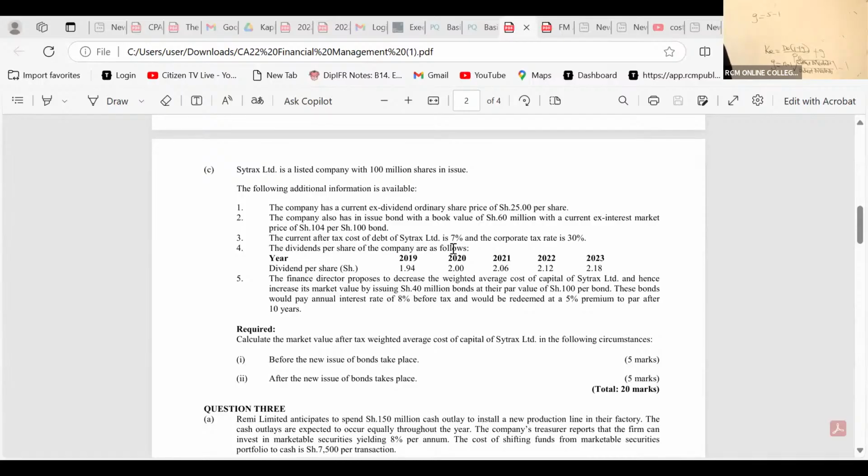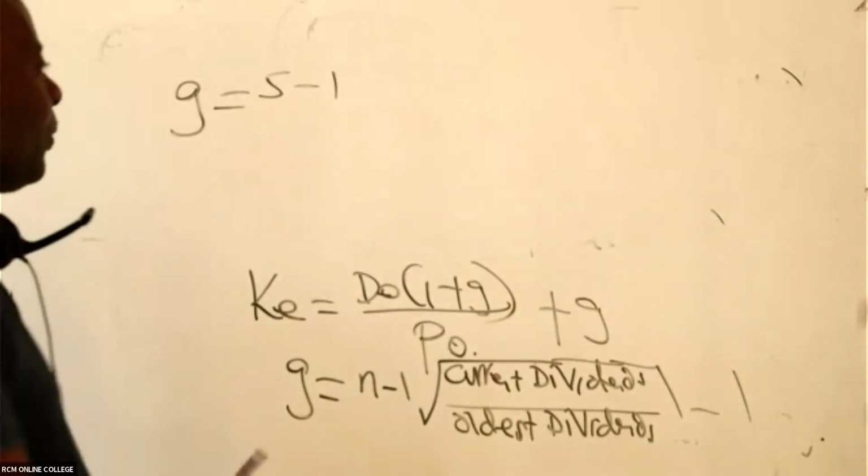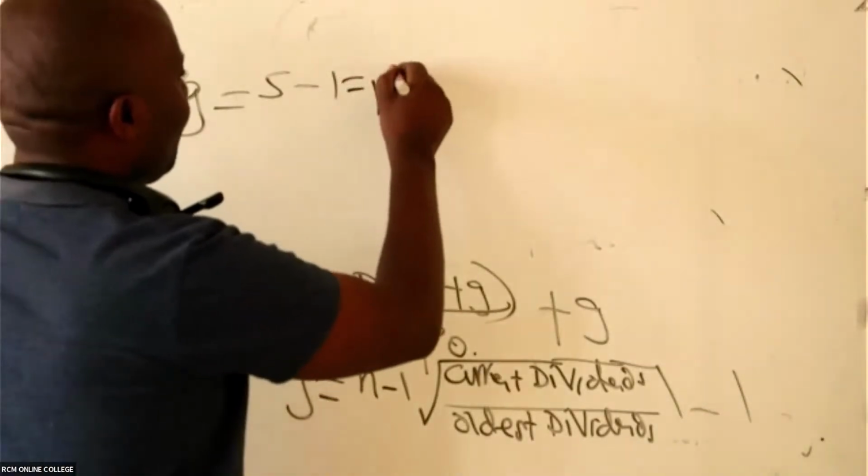Because you're looking at years in between. Because when you're getting growth rate, you take this divided by this minus 1, right? You're going to lose 1 year anyway. So these are supposed to be 4 years. So this is 5 minus 1 is 4. So this is 4th root